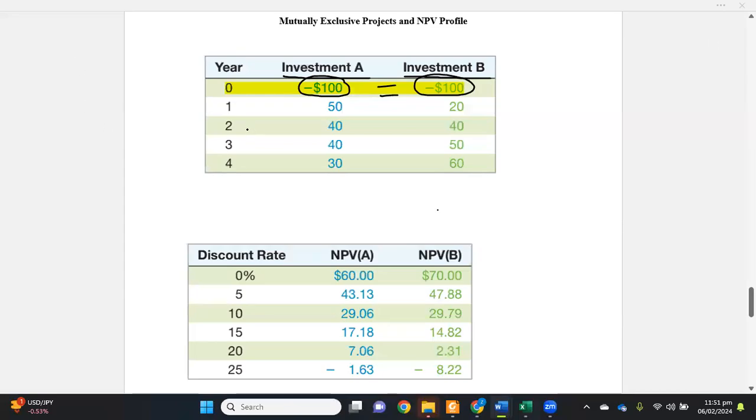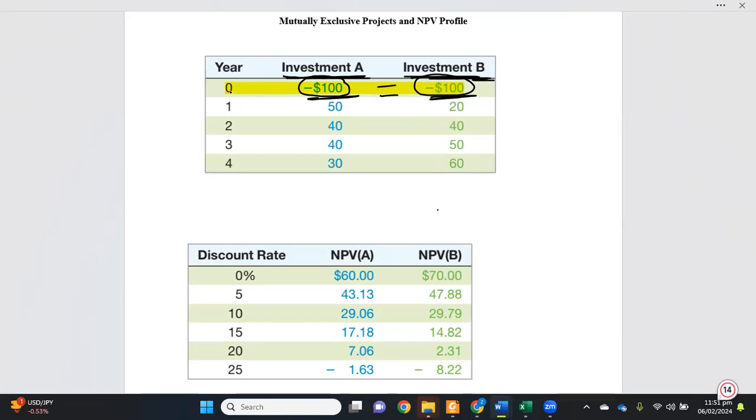Let's talk about the NPV profile of mutually exclusive projects. Consider there are two projects, Project A and Project B, or Investment A and Investment B. If we look at them, the project sizes are equal. Both projects require the same amount of investment,